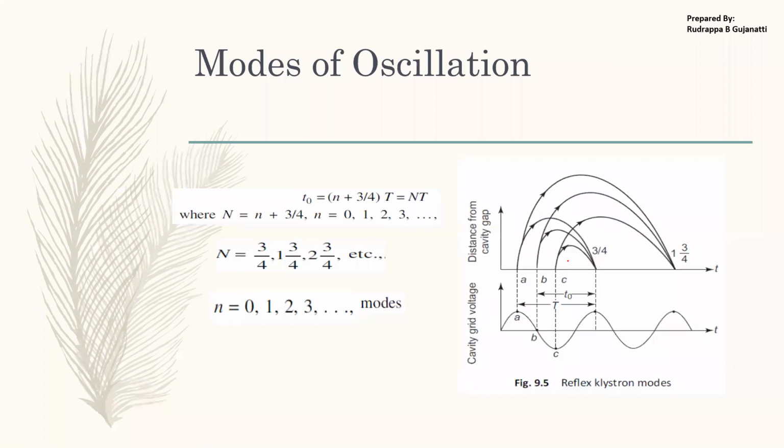Now, when we move further, we have to deal with a few other aspects, that is, when the bunching will have a maximum value. It is all dependent on this factor n plus 3/4. If n is equal to 0, bunching happens at the immediate next peak, where the electron had interacted with the positive peak at point A. Immediately after that, whichever peak comes, if that interaction happens, I'll get this value. So next bunching is possible.